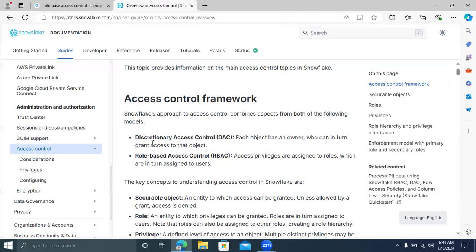Now, in discretionary access control, each object has an owner. Each object in the sense, it can be a database, it can be tables, it can be views. Every object will have an owner. That owner will grant access to the particular object, or they can revoke the access to the particular object. That is nothing but discretionary